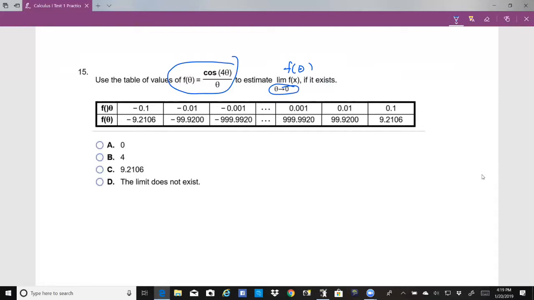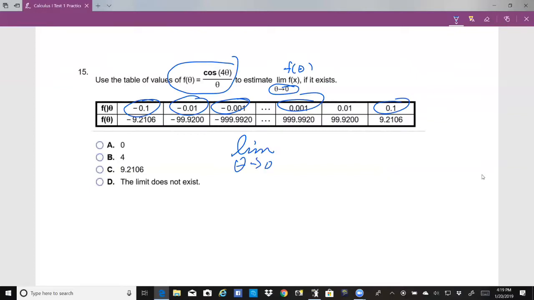And one technique for doing this: obviously you plug in theta equals 0 and you get 1 over 0, which is undefined. In this particular case, though, what we would like to do is put in values of theta that are close to 0, like starting at 0.1 or minus 0.1 and getting closer and closer to 0 from the left and the right. Notice that if you fill in this table, you get that the limit as theta approaches 0